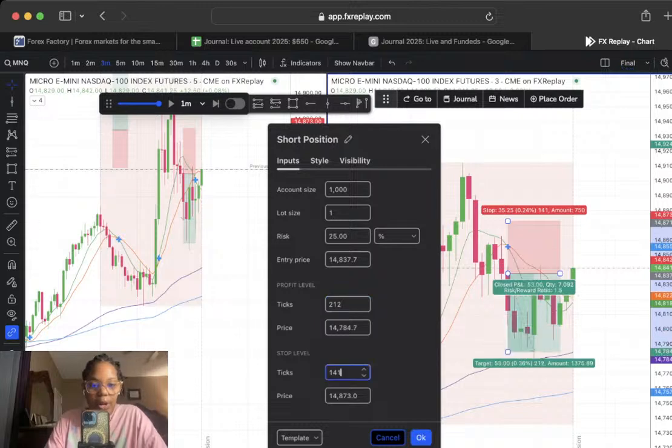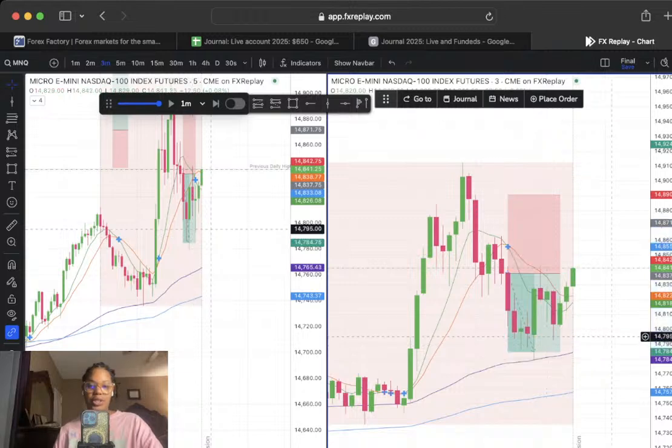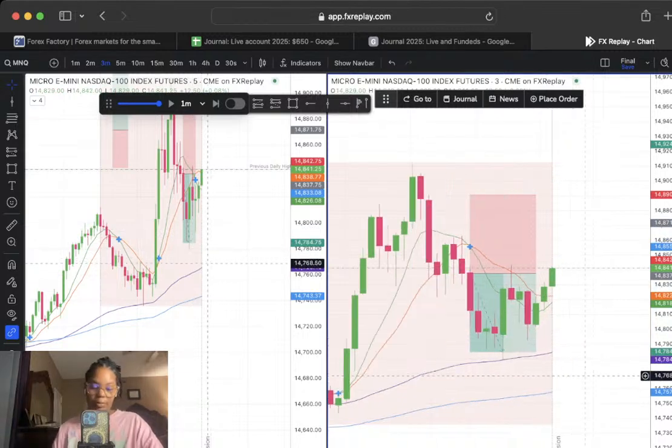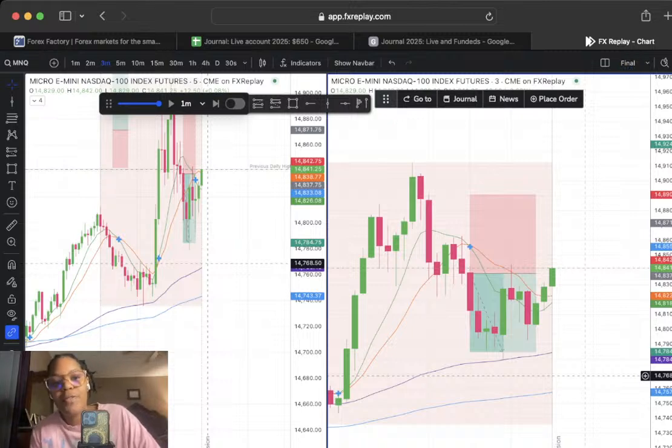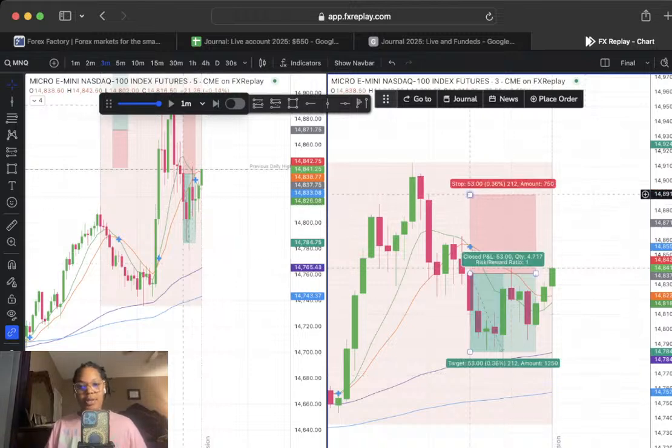It sucks. When I was first doing this, I had 1 to 2 RR so I could take 2 trades in a day. With 1 to 1 RR, I'm probably not taking 2 trades in a day, because if I lose, now my loss is double, but if I win, it's just break even. Versus when I had 1 to 2, if I lost 1 and won 1, I'm up for the day still. So I kind of wish I could get it back to 1 to 1. It's just sometimes I'm like, what would 1 to 1 be?